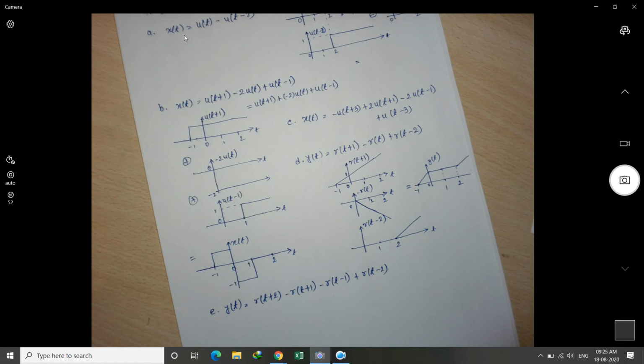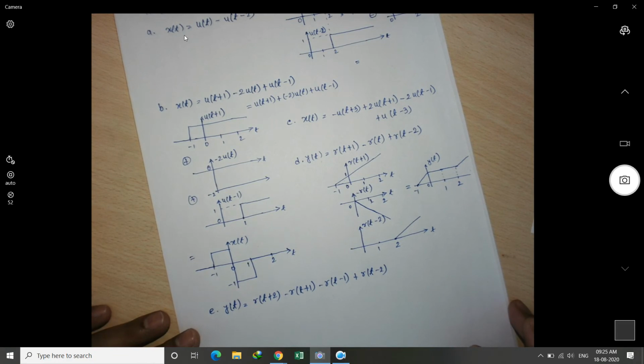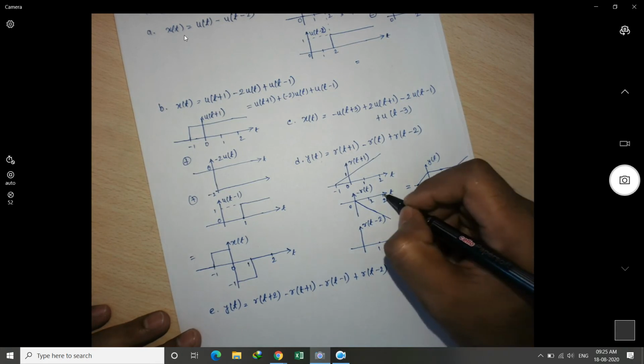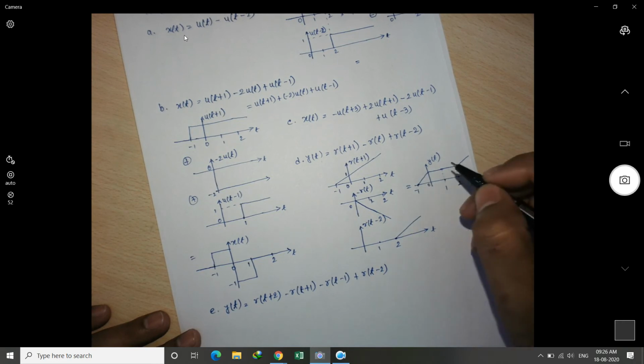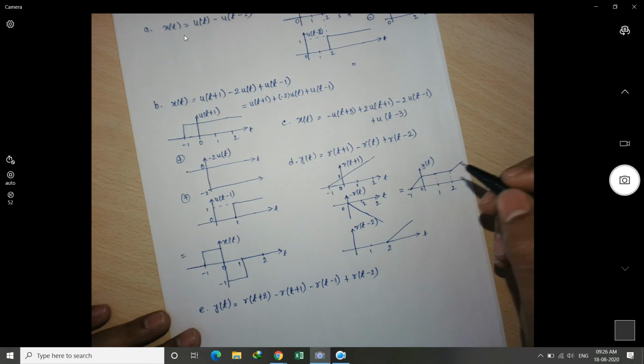There was a positive slope and the second one was a negative slope, but the values were not the same, so how did we say that it will become the constant slope? Where? This location 2. Sir, it equals... from 0 to 1. Yes, 0 to 1. 0 to 2, in the answer it is the constant slope line.